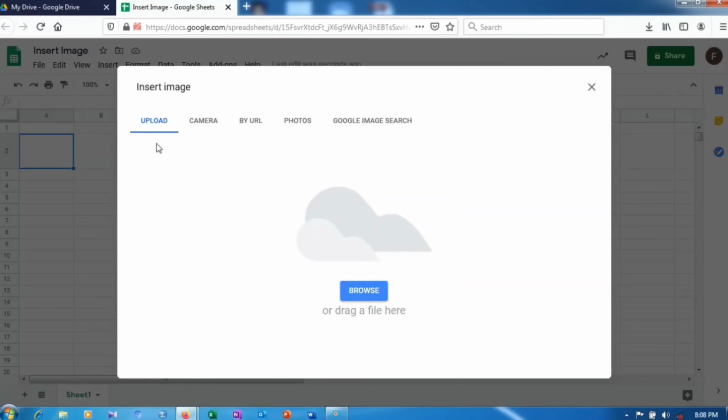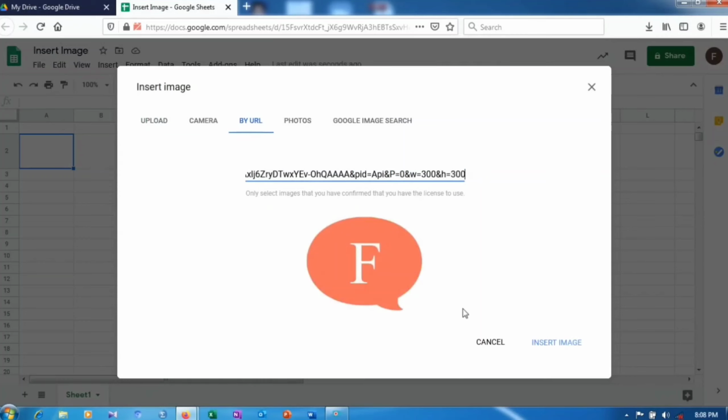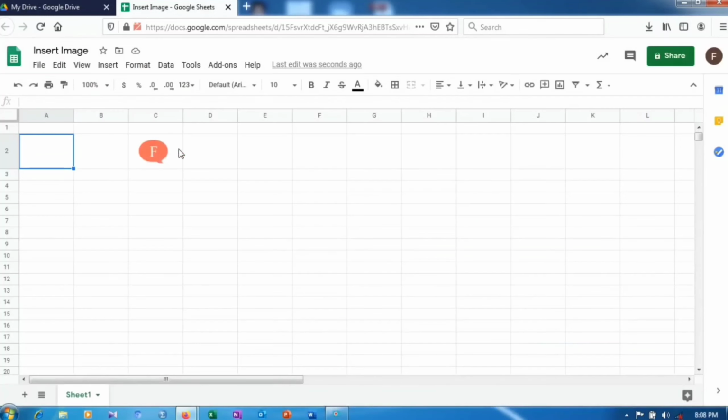Here it opens the same dialog box with the same options. I will click on By URL, and next I have to paste the URL of the image, and then click on Insert Image.